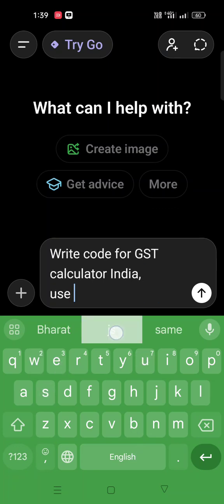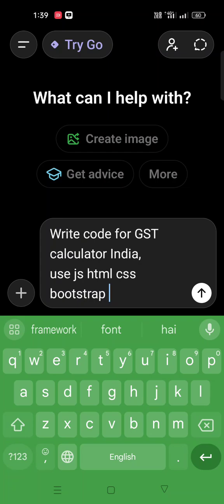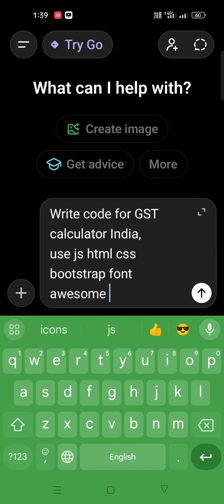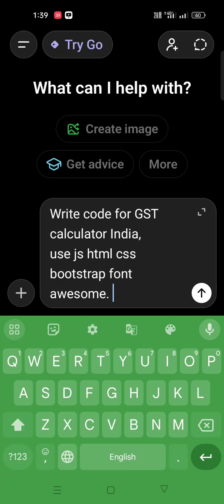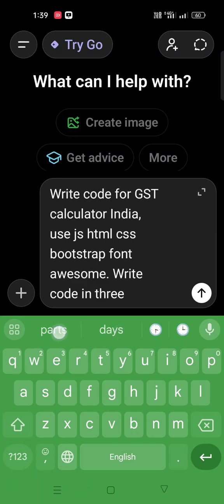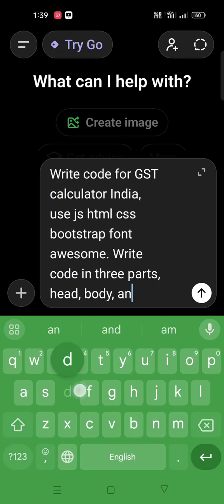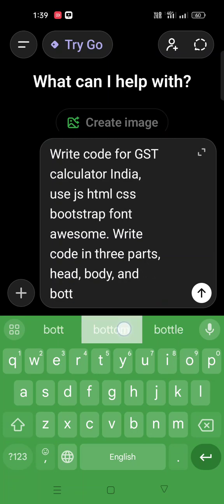Use JavaScript, meaning JS, HTML, hypertext markup language, CSS, cascading style sheet, Bootstrap, a framework, Font Awesome, CDN, CSS CDN, and icons CDN. So that's it. Write it in three parts. Press the enter button.